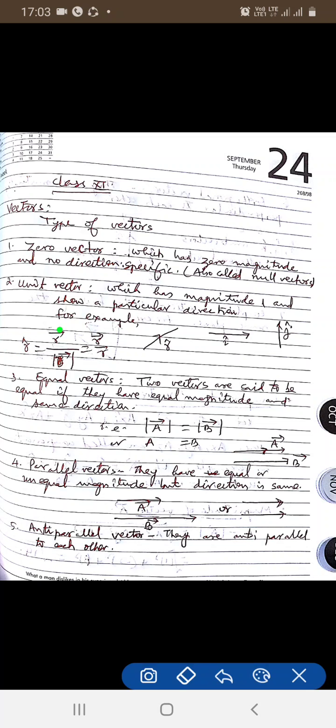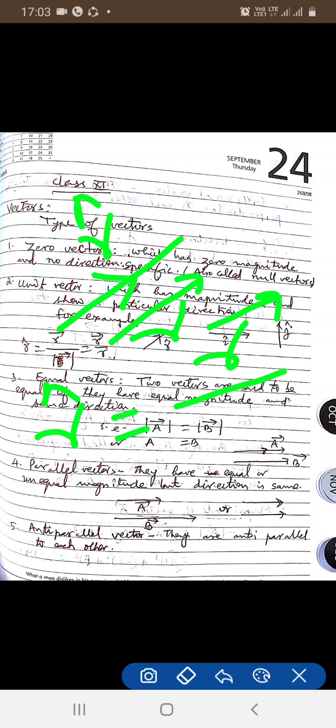means suppose here we represent vector r. I write vector r. So, r unit vector, r cap, is equal to vector r upon mod vector r. This can be written as vector r upon r. So, r unit vector we call it the ratio of vector upon magnitude of itself.